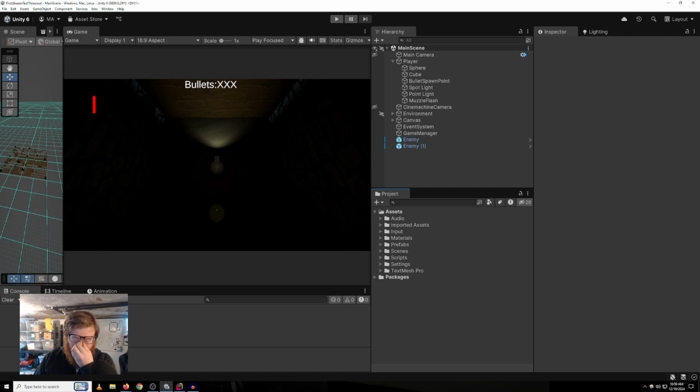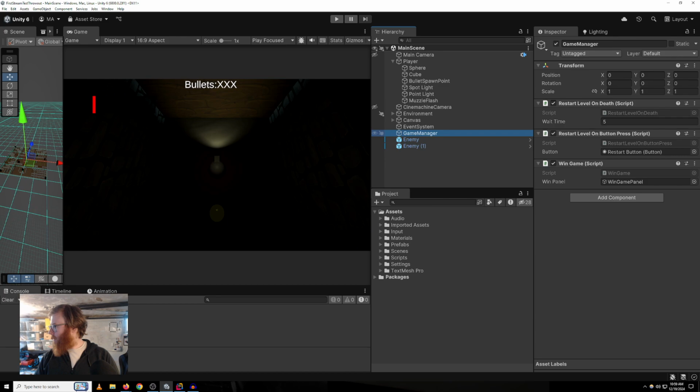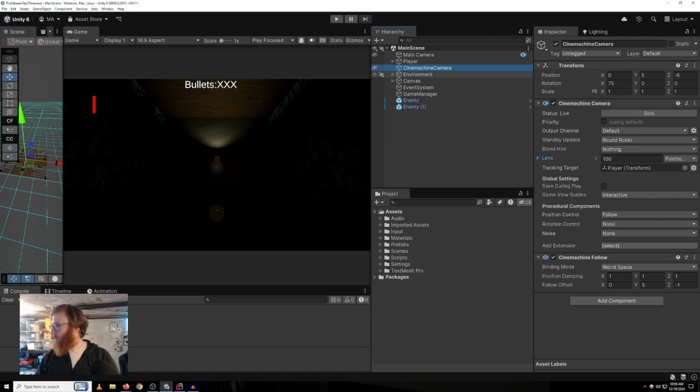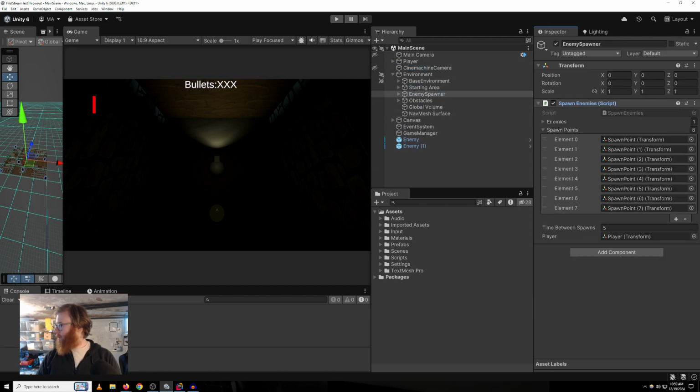When we win the... Oh, no. One more piece I want to add. Basically, I want to spawn... what's the spawn rate right now? Environment, enemy spawner. Time between spawns is 5. Now,